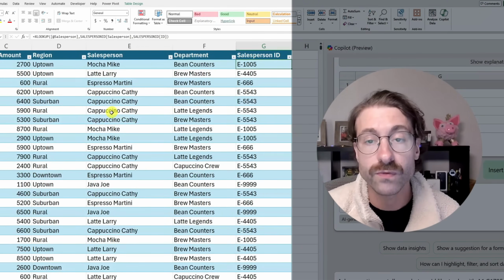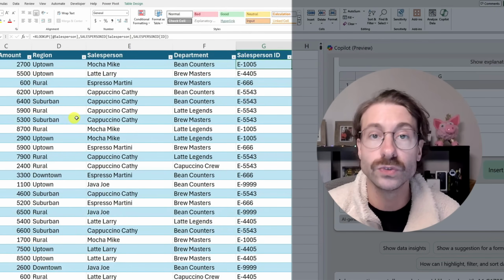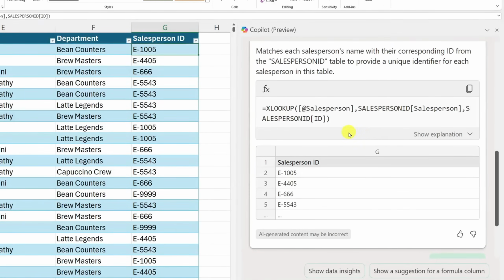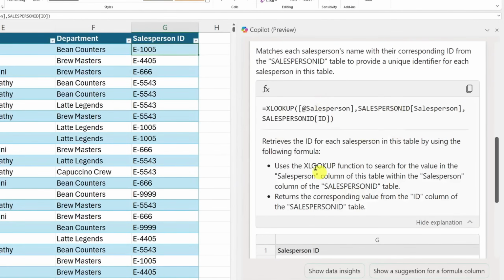So in a matter of a click, I just had a XLOOKUP done and I didn't need to do anything. And if I want to know more, if I'm not too sure, if I want to learn more about the formula, I click here on show explanation, and Copilot actually explains everything it has done with this formula,